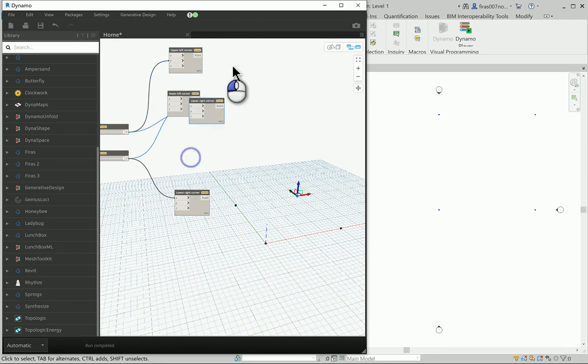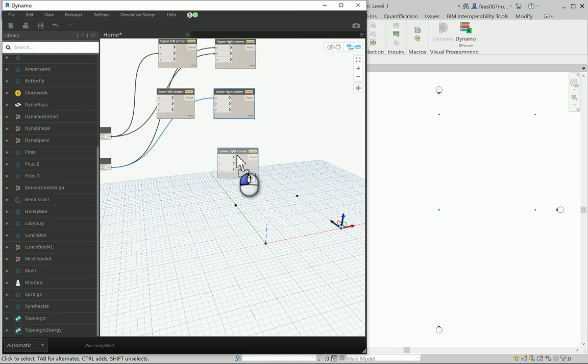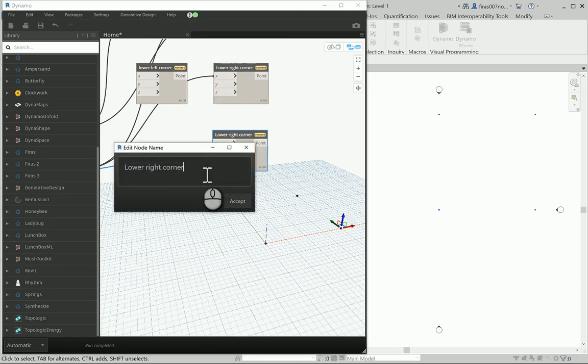I know it might sound silly for you, but I'm gonna place them as their actual location, so easier. So I'm gonna take this one here down, and that will be lower right corner. That's for the balcony,